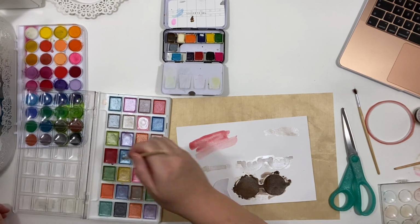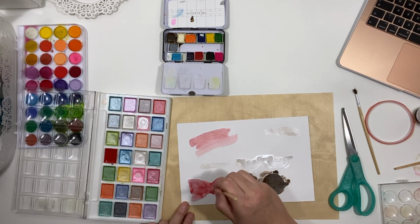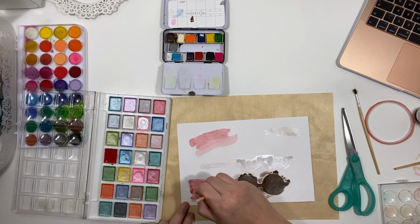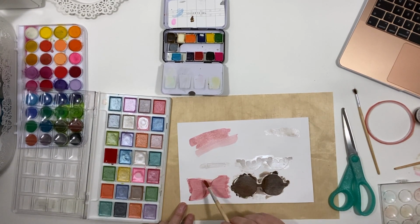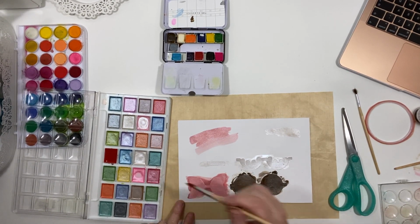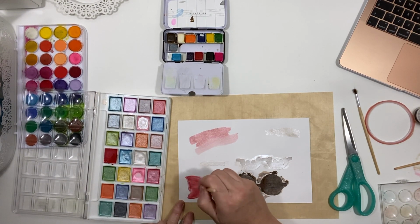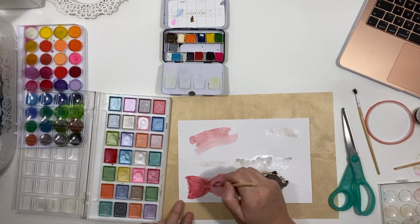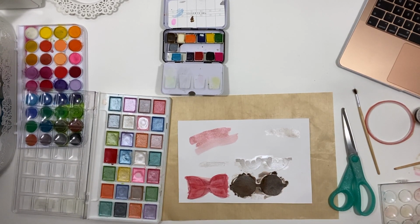Then mixing up a colour for the red for the bow at the back. So it's kind of like a raspberry red. Actually, it's not too dark. Just sits nicely there in the background. Just adding a couple of coats there. Putting it on quite roughly, so it looks more of a sort of...